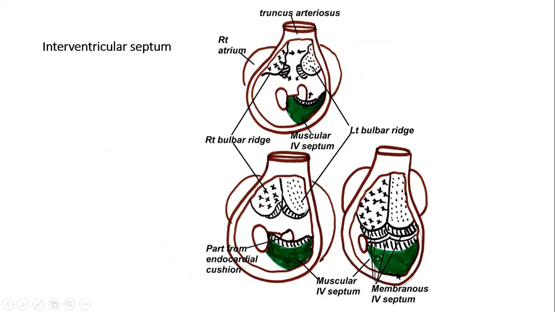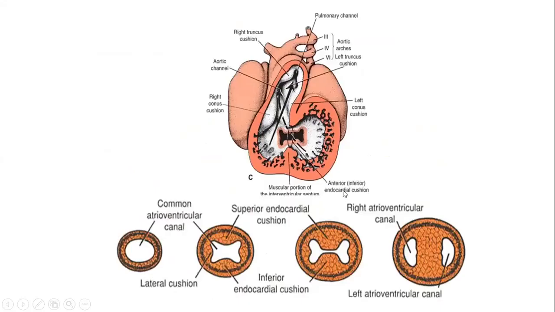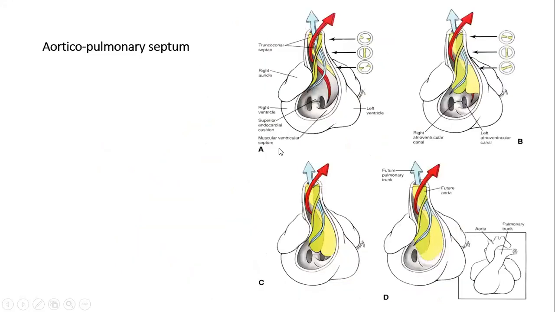From above there will be the membranous part, and below the muscular part. If you can see here, these are the superior endocardial cushions and these are the inferior endocardial cushions, which will join together to form two separate cavities. There is formation of this same septum, the membranous septum, and from below there will be the muscular septum. There are two chambers, the right ventricle and the left ventricle. Similarly, there is formation of a membranous septum from above downwards. It will go down, and when it is going down, it is also continuing up.